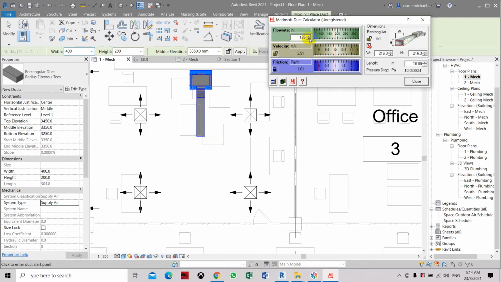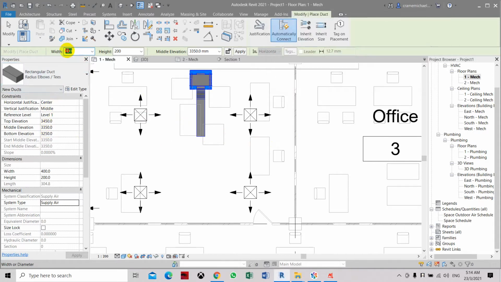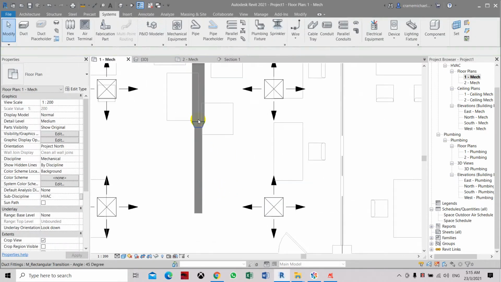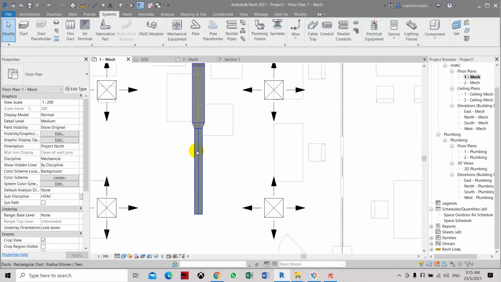Let's maintain the 1 Pascal, and let's set it to 250 by 200. So we'll have the duct here as 250 by 200. Let's round it off. So here we're going to go for another duct which is 250 by 200. Let's maintain the meter elevation. Let's connect from here and let's stop here. So we're going to stop here, and you can see it automatically connects with the transition or reducer. Let's blank this off